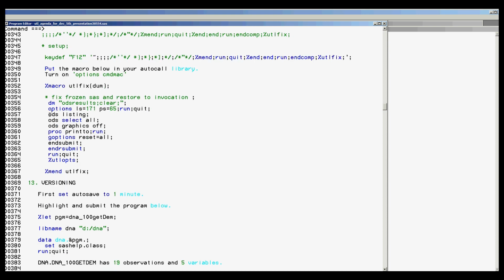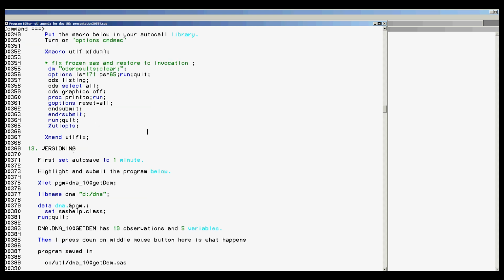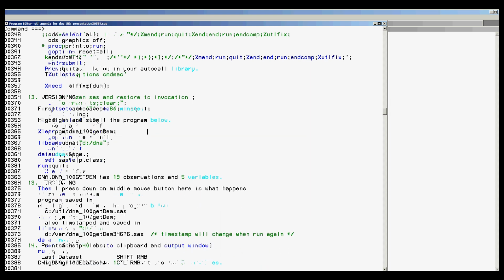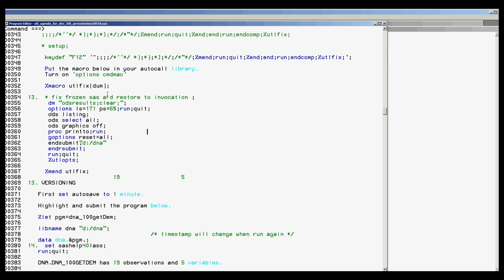It turns on the listings, select all in ODS, graphics off, print to is running. It just closes a lot of things. Okay, the next most important